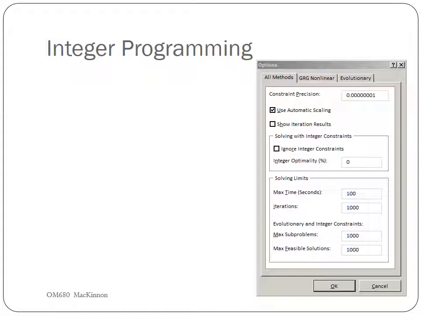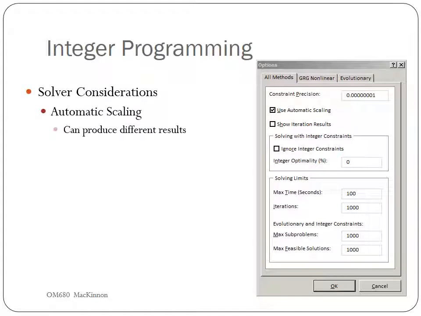So this is the options dialog box for Solver. Okay, and so there are some things that we need to consider, especially when we are doing integer programming. Automatic scaling, by default, is checked. And this allows Solver to, there are sometimes when there are parameters